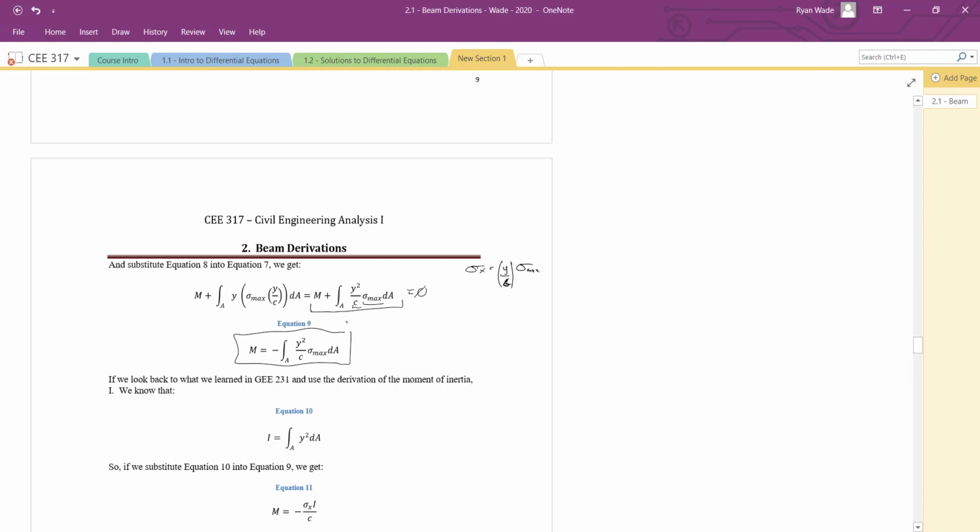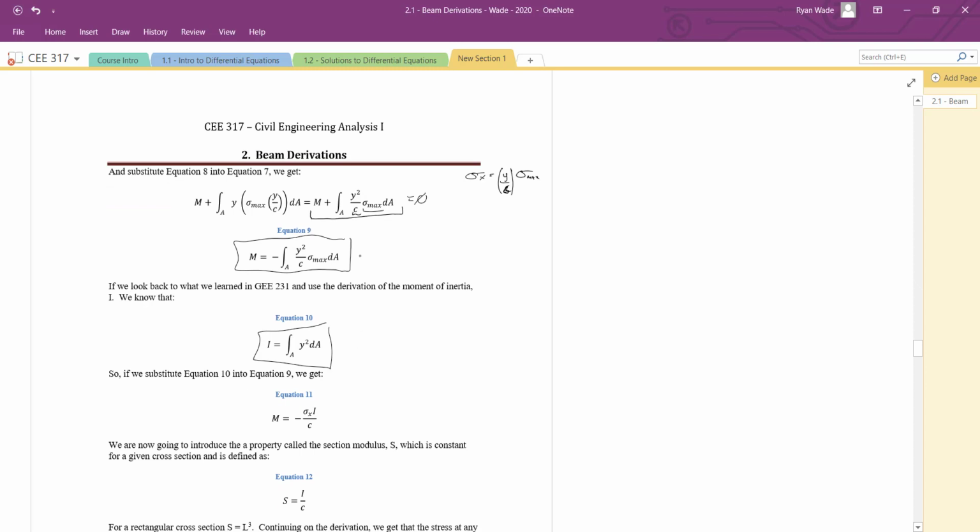If we go back again to 231, where I was saying don't worry about the derivations for the moment of inertia or the first moment of area. Really, you don't have to worry about it again, but this is one of the definitions that I told you not to worry about. All we're going to do is use that, and we're going to sub it into this equation here. So when we sub it into this equation, now we've got the integral of y squared dA. I'm going to get that M is equal to negative sigma I over c,